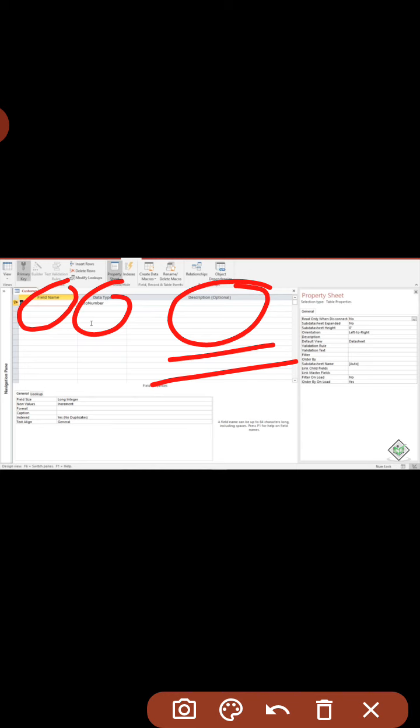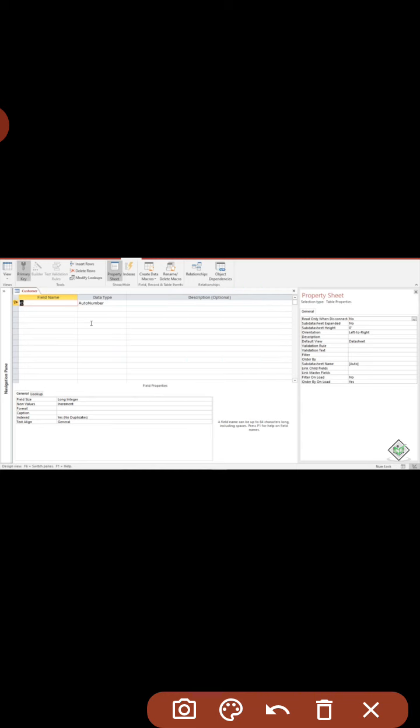Description is entirely optional, means you can leave it, but the first two columns are mandatory, it is compulsory. So the name of the field and data type. Entering fields and data types, that we will see in the next chapter. So first we have to do this much.